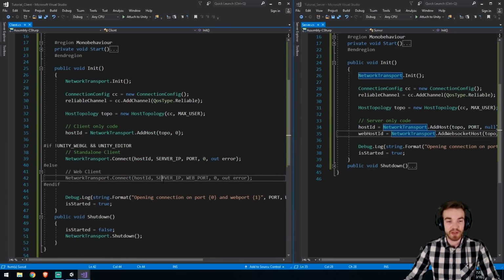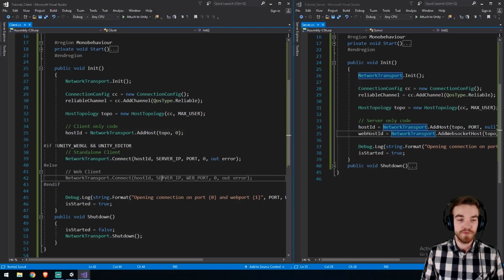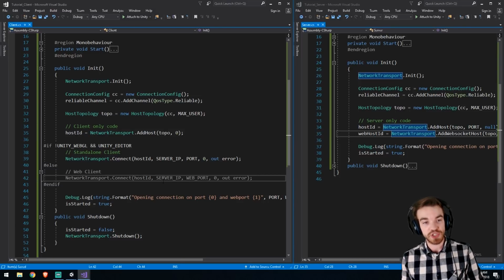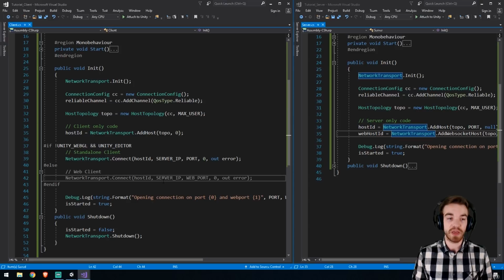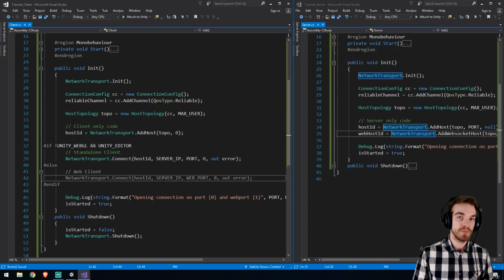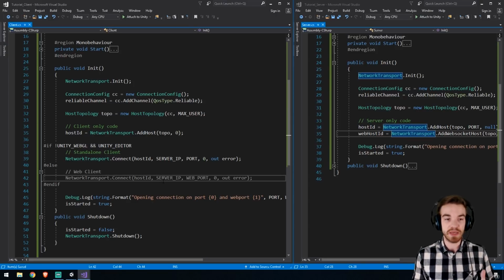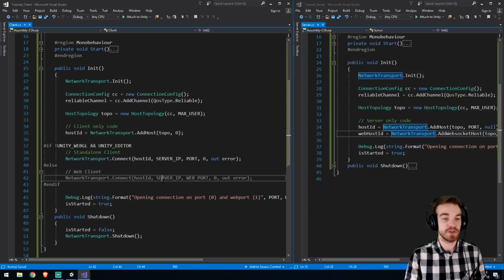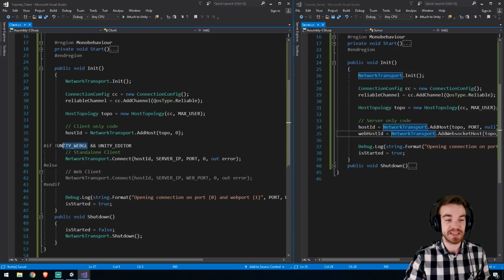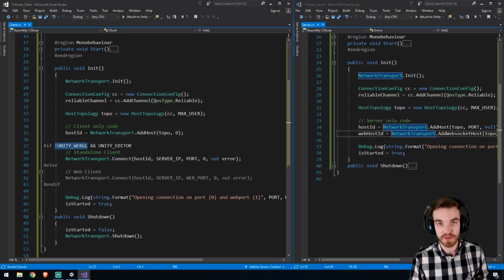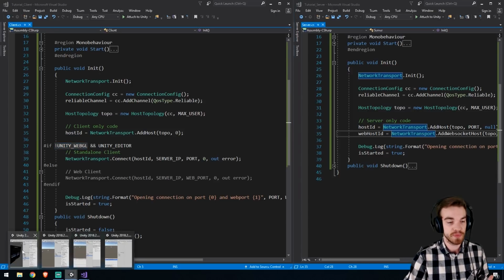Okay, so what did I do right here? I've added a call that checked if we're not in WebGL and if we are in the editor. If we're not in WebGL, it doesn't mean that we're going to be in the web client, or that we're going to be in the standalone client, because this is the platform we actually target. As soon as we go on our client project and we switch the platform,